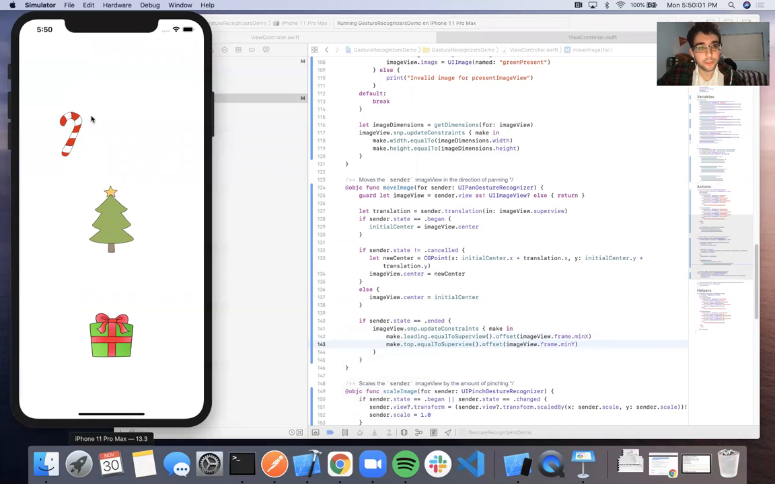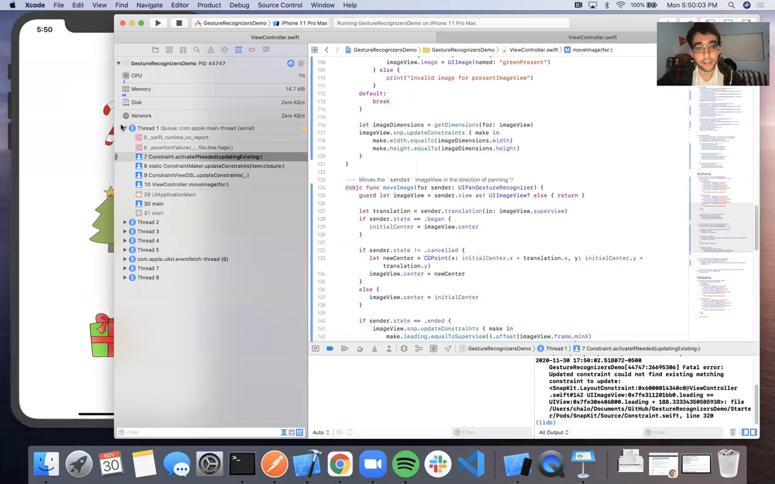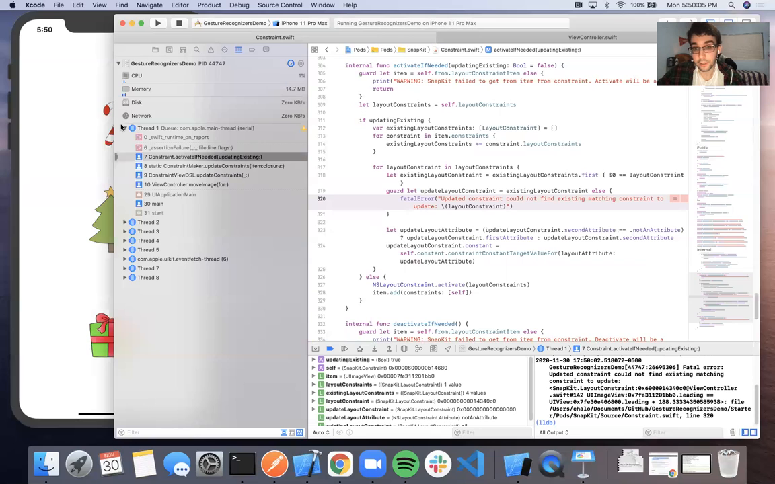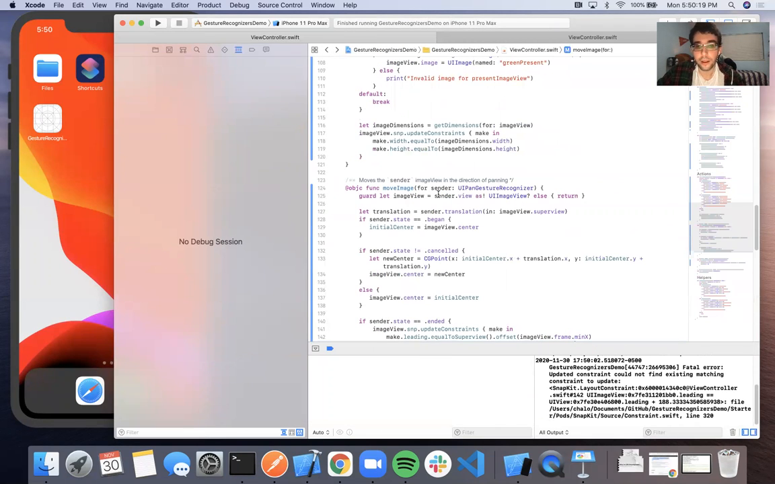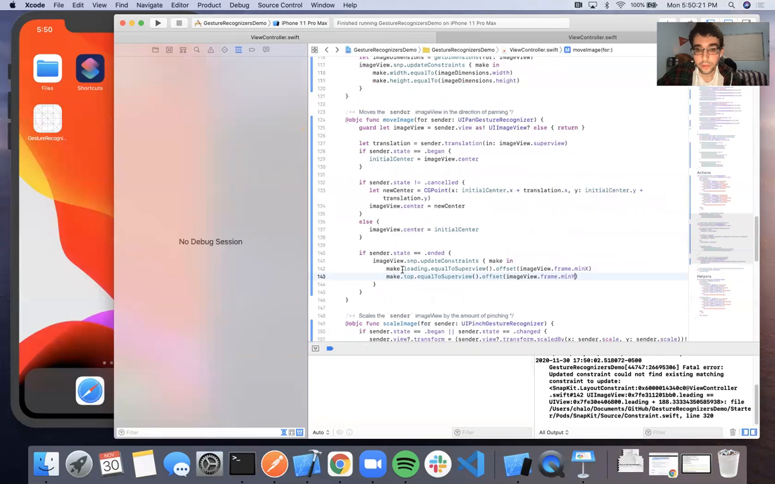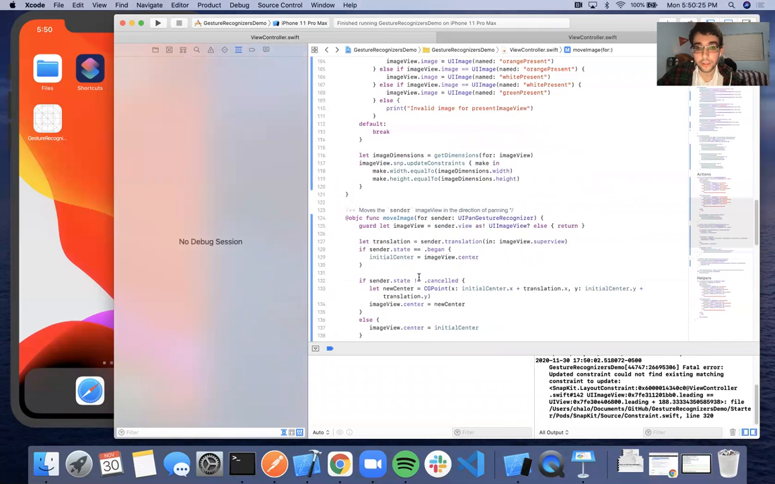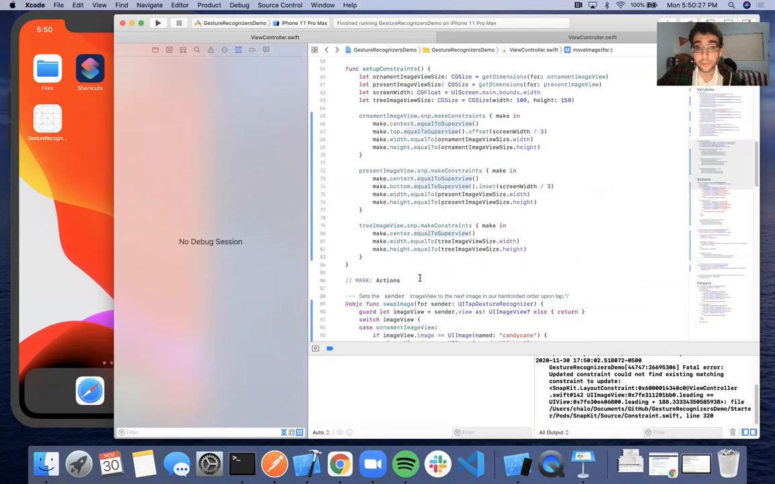Now we're going to move this around, and I'm going to let go, and unfortunately that's going to give an error. So the reason for this error is if you read here, updated constraint could not find existing matching constraint to update. And the reason for that, if we go back, I can just click here and I'll take you back. So here we're trying to update the constraints leading and top. But if we go to the constraints that we originally made,